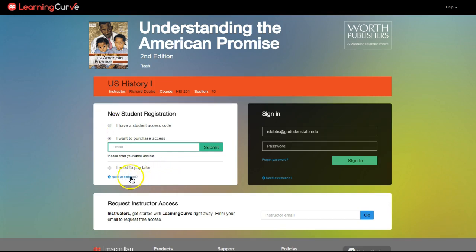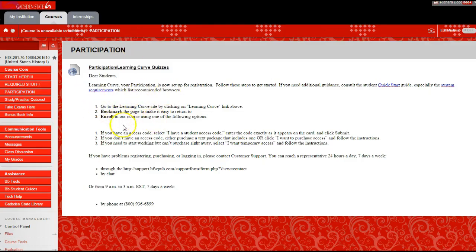If you just don't have the $9 right now, you can click on here to pay later, and you can get, I think it's a 21-day access. So there's no reason why you can't get started right now. Even if you don't have the $9, or maybe it's an issue with the access code, you can still get started. Also, if you have issues with it, I put up here the contact information,